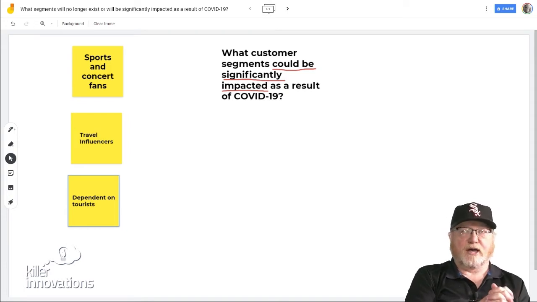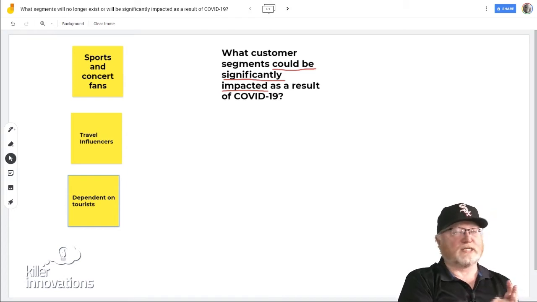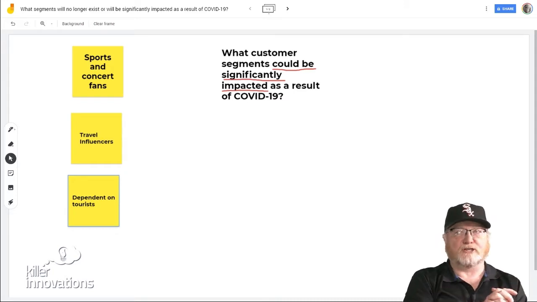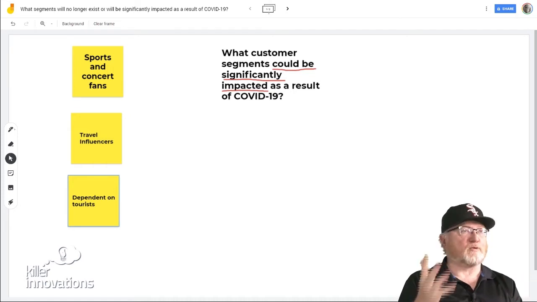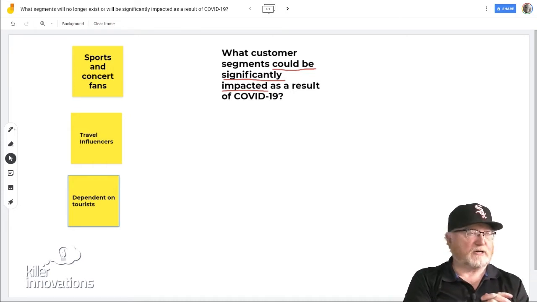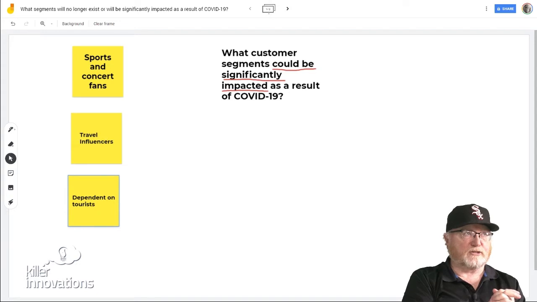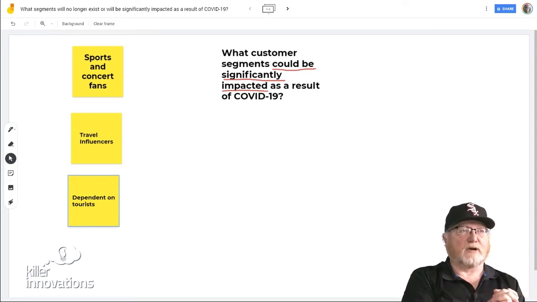It's Estes, which is the gateway town into Rocky Mountain National Park: restaurants, retail. The ramp up going into the summer here is important. That economy is dependent on Rocky Mountain National Park, which is one of the most popular national parks here in the United States. I live about 30 minutes away. It's a beautiful park, but it is very crowded with tourists in the summer. I'm predicting that that's not going to happen. What do you do if you're in a situation where you're dependent on tourists, right?